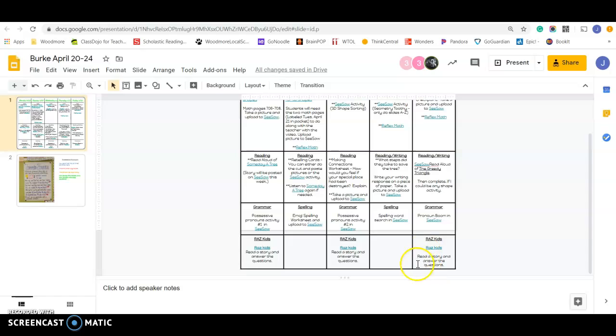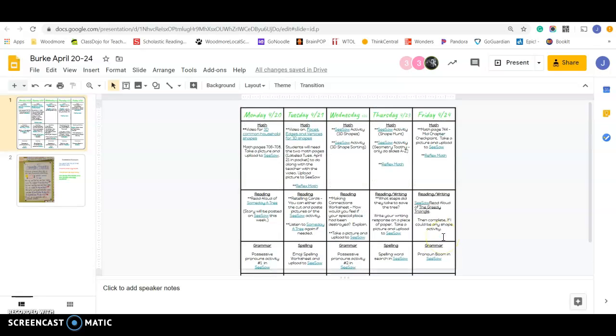And then lastly, it is a Raz Kids Day. So if your student can read one book in there and take a quiz on whatever book they chose today, that would be